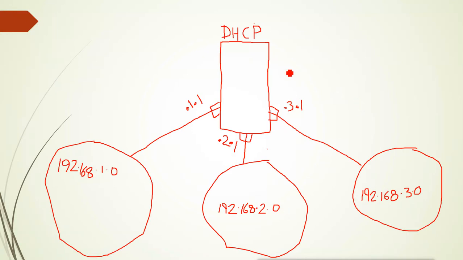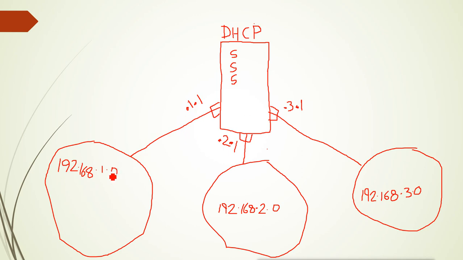Now for example, this is our DHCP server. This DHCP server is connected to three different subnets: 192.168.1.0, 192.168.2.0, 192.168.3.0. Now these are three subnets. For giving IP addresses to these subnets, we have configured three pools here, three scopes, one for each subnet. Now when the request comes to the DHCP server, how does the DHCP server know which scope